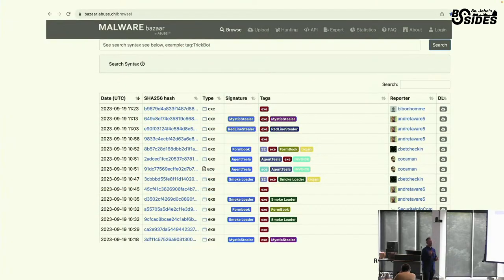How many of you are familiar with Malware Bazaar? Yeah, that's nice. Here we go. So Malware Bazaar, which I really, really like. It's a little bit more underground than VirusTotal, I guess. I think it's not owned by any big organization. And it's under the abuse.ch umbrella, let's say.